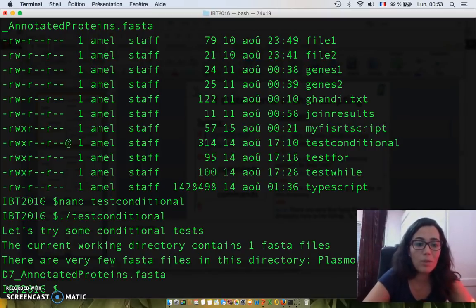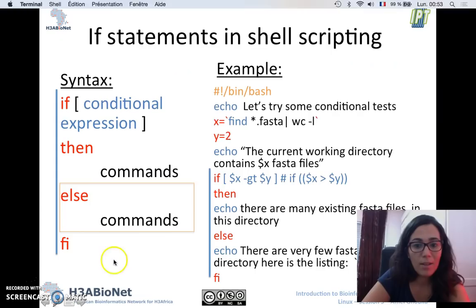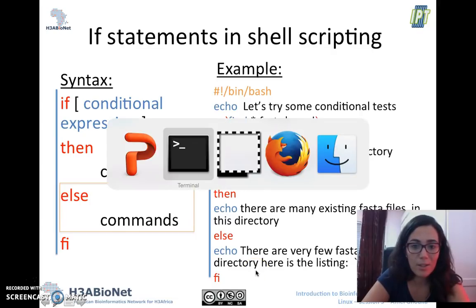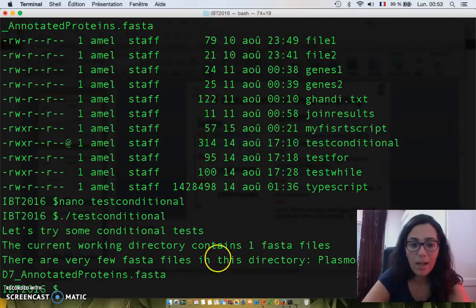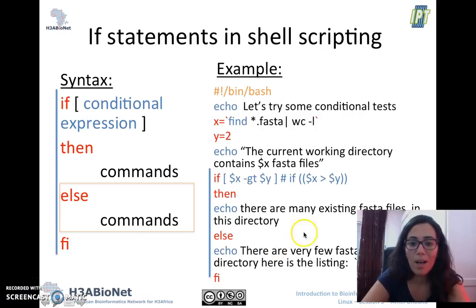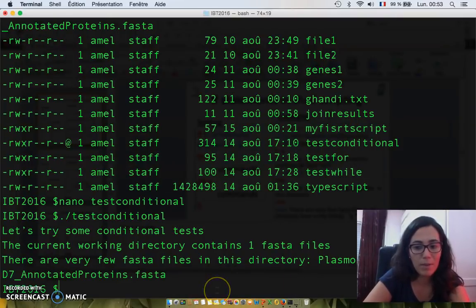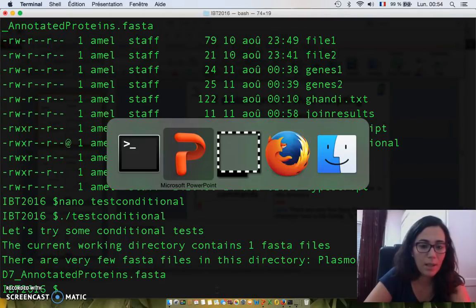So we displayed what was given in the else command, which was "there are very few FASTA files in this directory, and we should have the listing following the result." Let's check that, and yes. Here we have the listing following because we asked our echo to display at the end the result of the ls *.fasta. So this is why we saw the name of the unique FASTA file existing in my